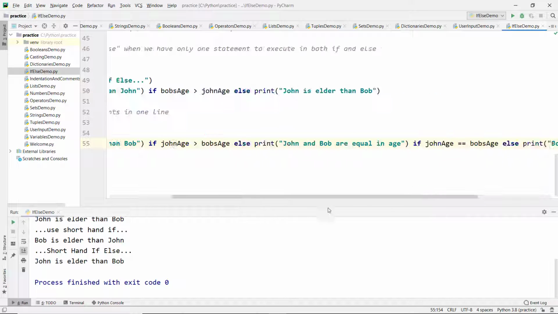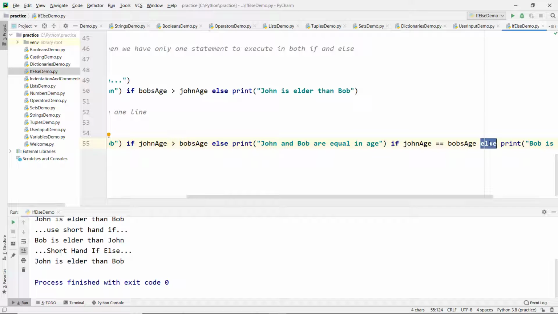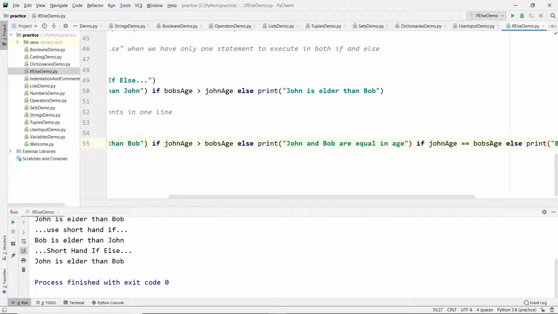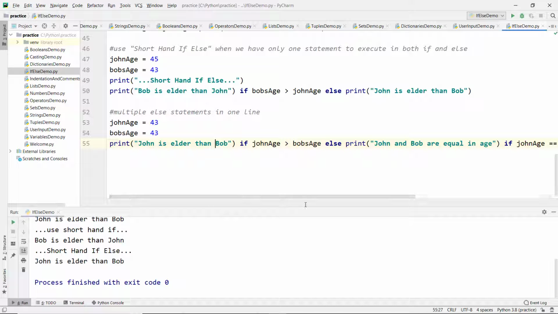So this is how we can write multiple else statements, else and also else. If John is greater than Bob, then print John is elder than Bob, else if John's age equals Bob's age, then print both are equal in age, else print Bob is elder than John. So in our case both are equal.